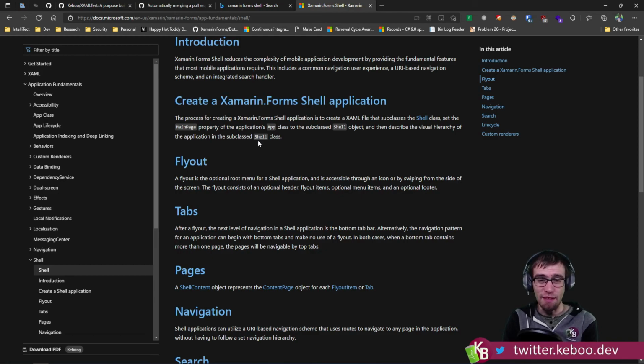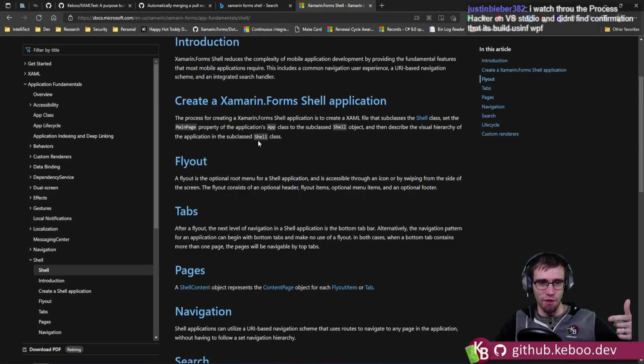So it is a cool idea, but it feels like one of those things that is early in its lifetime, and I don't think it's going to kill off a lot of stuff yet. There's plenty of other things that have also tried as well. Another popular one that people go with a lot is like React Native, because rather than going with the Blazor approach of we're going to take all of the people with this XAML knowledge and make them webby developers, React Native goes the other direction and says,